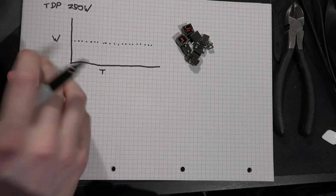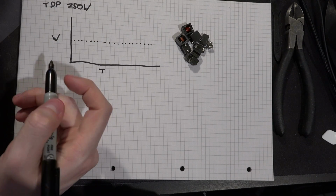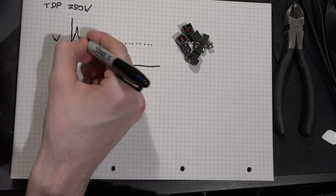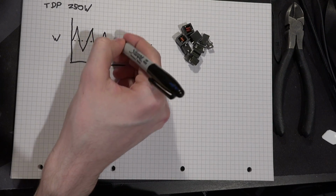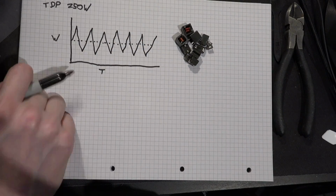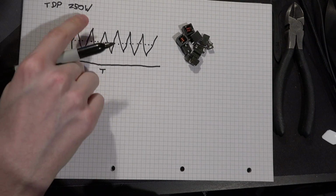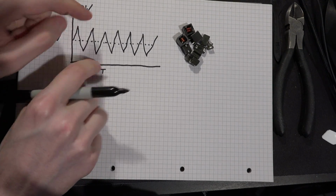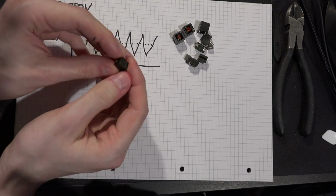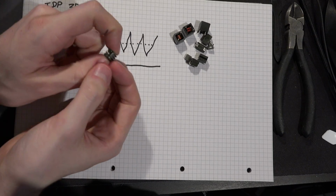And the reasoning for that is if you look at your power consumption of, say, a 250 watt TDP GPU, what you're going to end up looking at is something that looks like this, right? And so, yeah, your average power consumption is 250 watts, but your peak and your minimum power consumption are very far apart. And the further apart these are, the bigger the change in the magnetic field going through one of these inductors. And if you have a changing magnetic field and a loose metal element that is